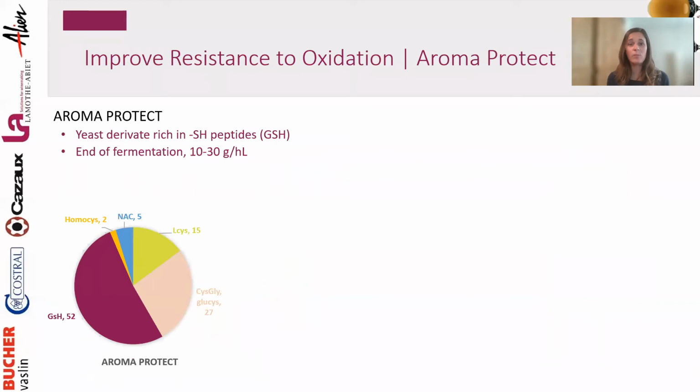Last step is about improving resistance to oxidation. As we saw in the first graph, glutathione is a great tool for this. So glutathione will trap the quinone and stop the reaction there. We cannot add glutathione like this in wine, but we can add yeast derivatives rich in sulfur peptides, so in glutathione. Lamothe-Abiet developed Aroma Protect, which is one of the most concentrated yeast derivatives in glutathione that you can find